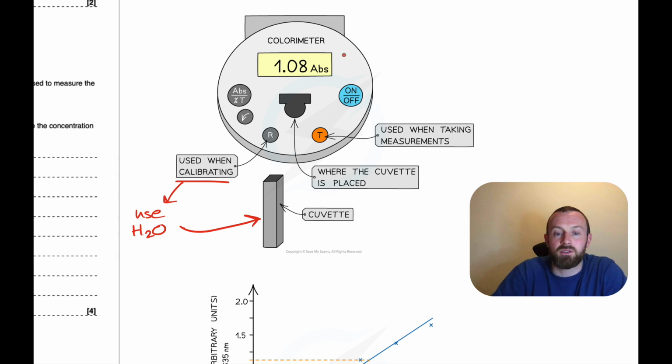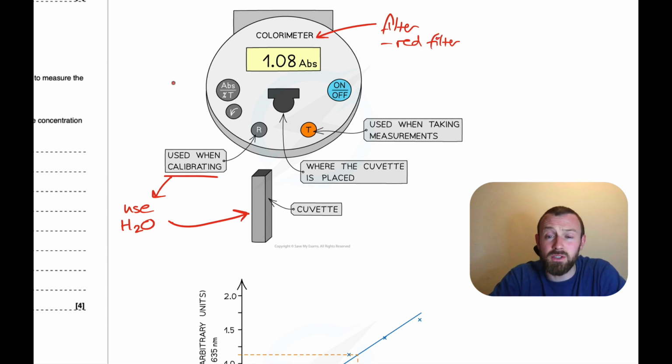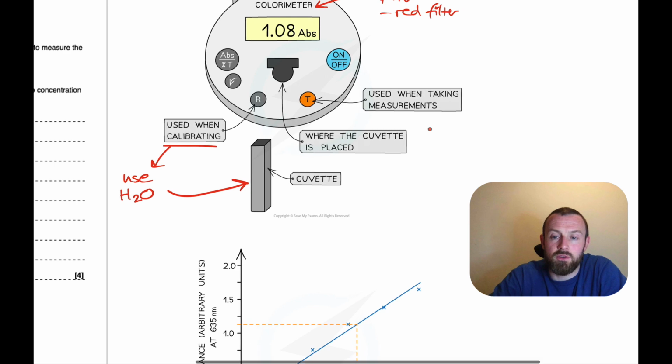Now in the colorimeter, you do actually have to use a filter. So which filter to use? You would actually be using a red filter when doing the Benedict's test. So yeah, you use a red filter when doing the Benedict's test, and that's just something you need to know. Okay, so then you do